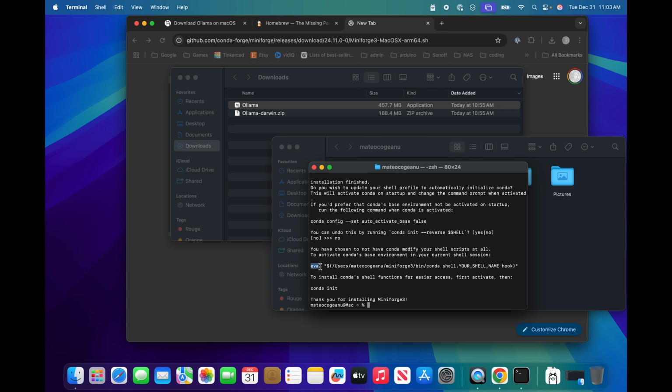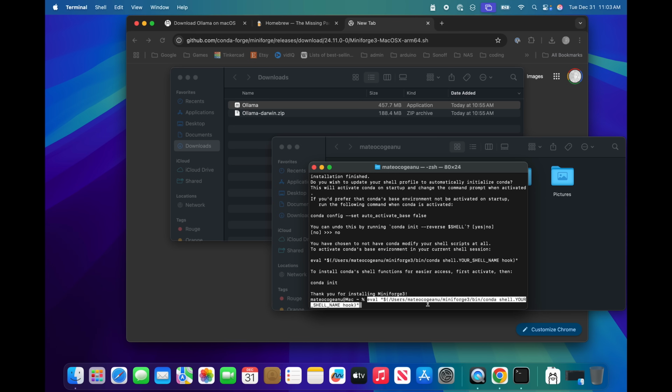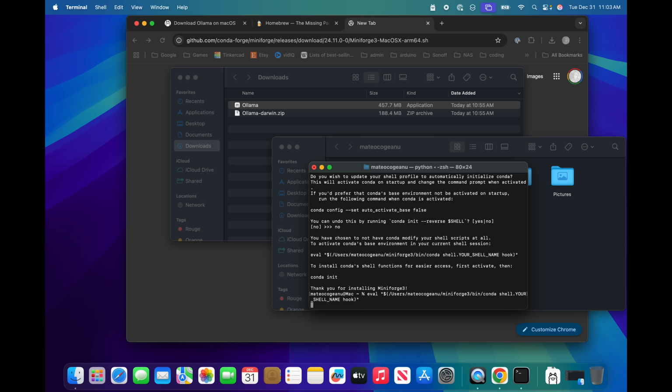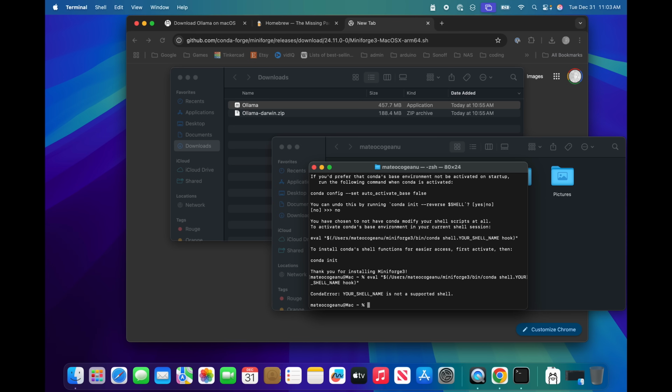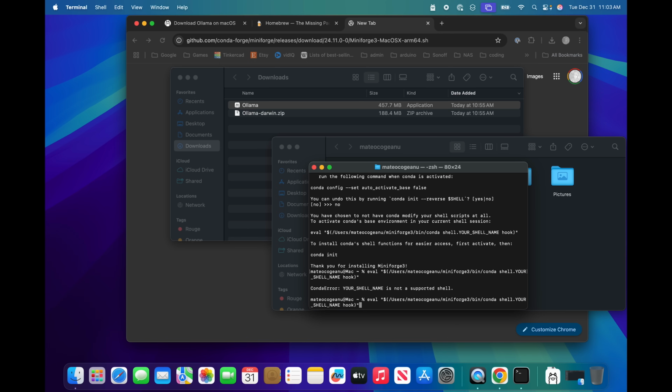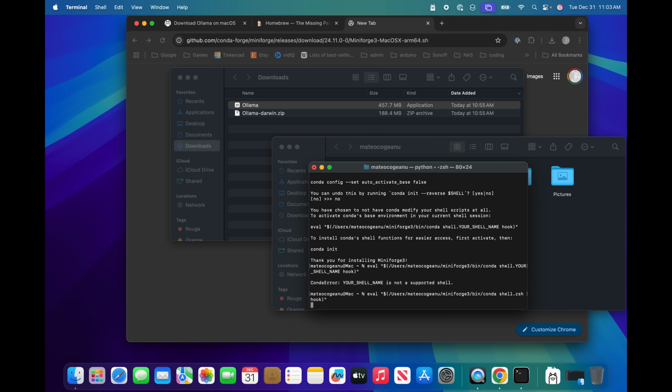We can use this weird command, which is somewhere up here, this eval. And then we copy it and run it. And this will put us in base. No? Your shell name. It shouldn't be your shell name. Because you are on Mac, it will be the ZSH. ZSH, enter. Because here we see ZSH as the... And now we are in base.